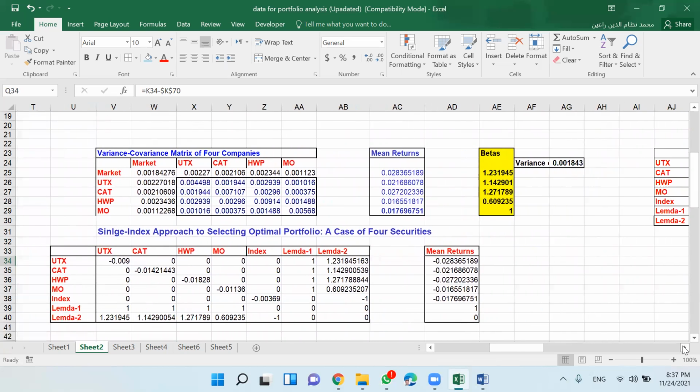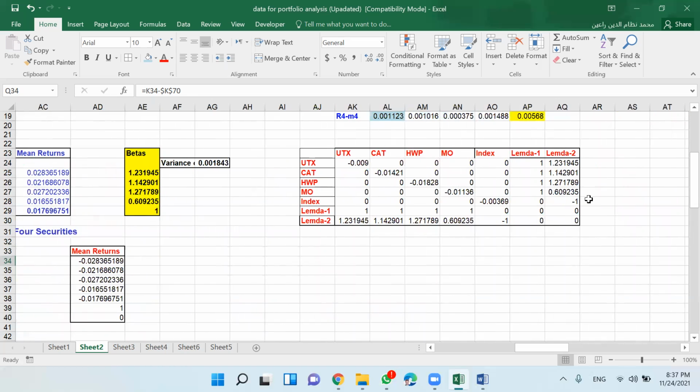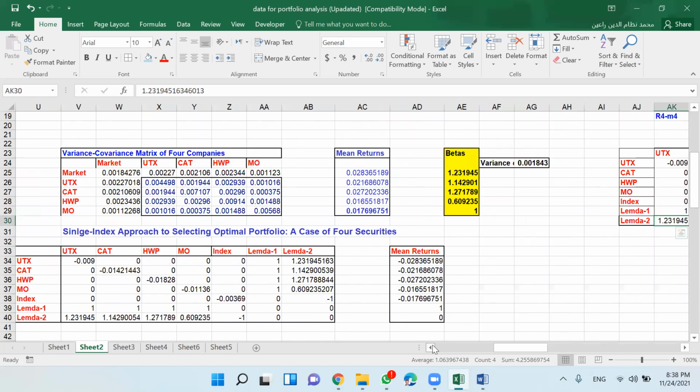And then we have the return, the betas. These betas come from the betas that we have estimated. The same betas here in the row. Okay, and then we have the return there. This is the return matrix.